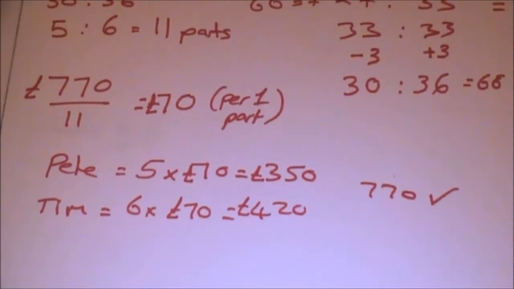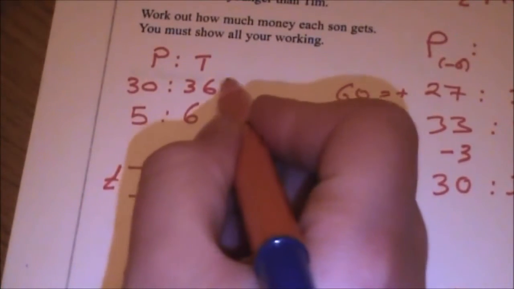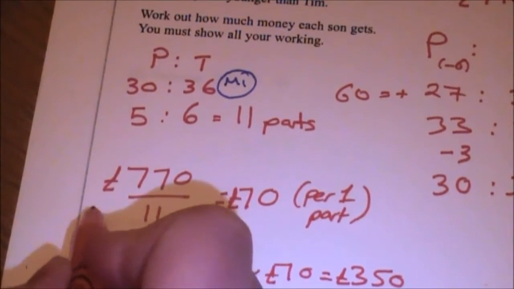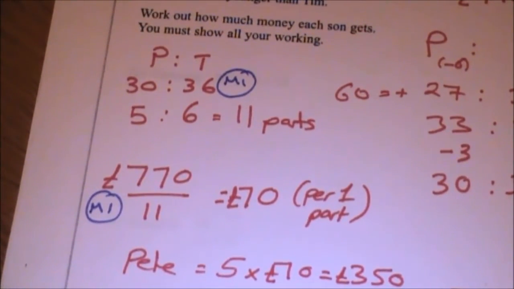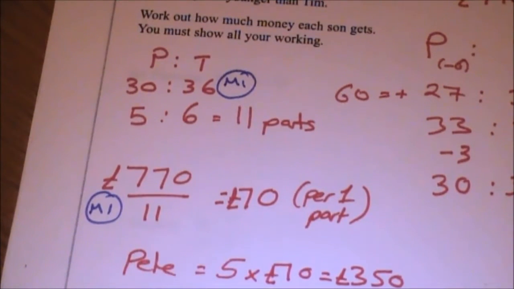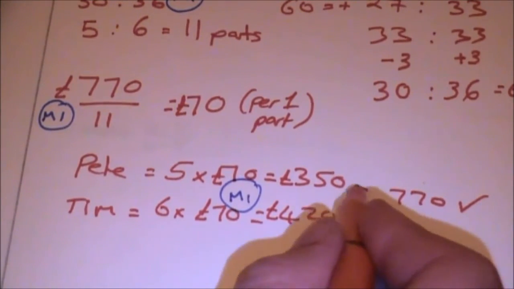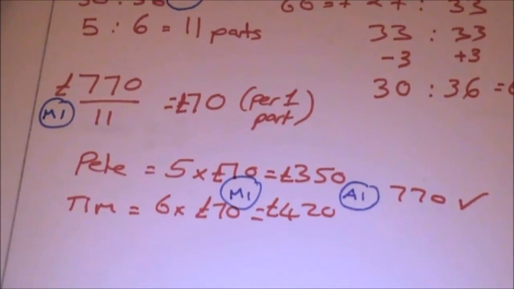With regards to how the marks are allocated, you get 1 mark for stating the ratio as 30 to 36. You get another mark for, where would that other mark come from? You get another mark here for doing the division of the ratio. You get a mark here for showing that you've multiplied the ratios up. You get an answer mark here for getting both of those correct. And then you get the final mark for